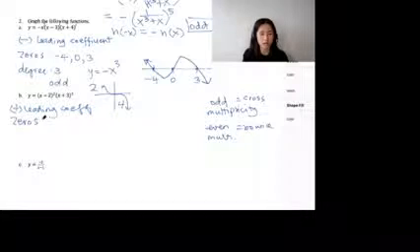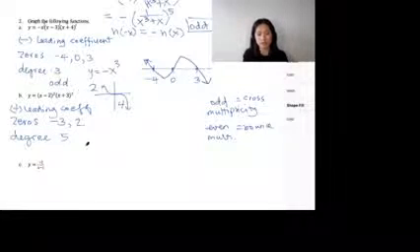And your zeros are essentially negative 3, x plus 3, and positive 2, right? And then your degree now is going to be 5. The reason why it's 5 is because it's 2 plus 3, right? So degree is the sum of your multiplicities. In that case, because it's an odd function,